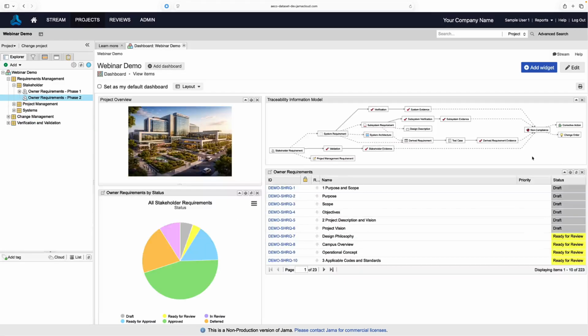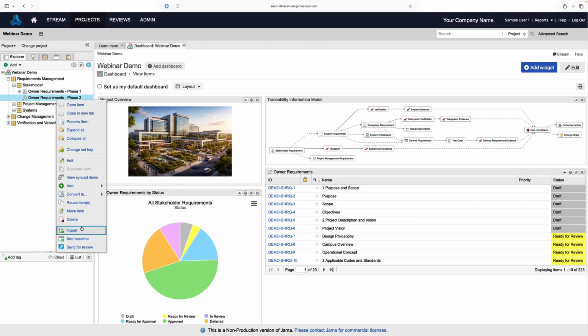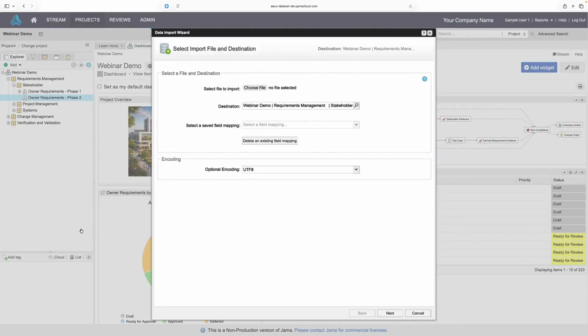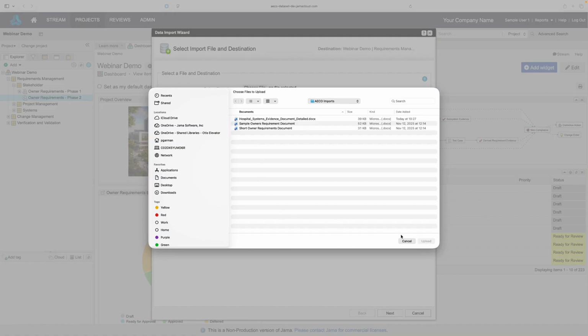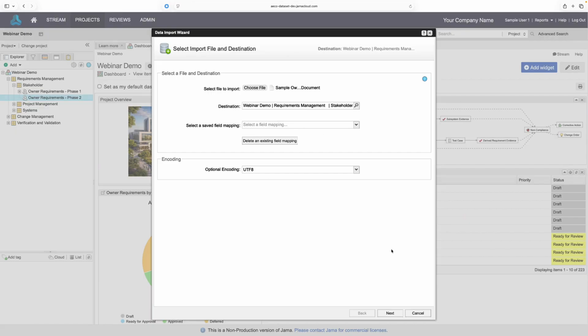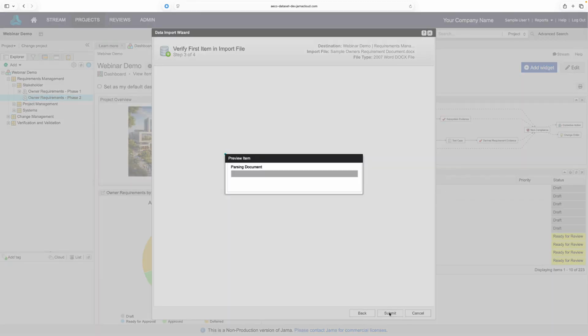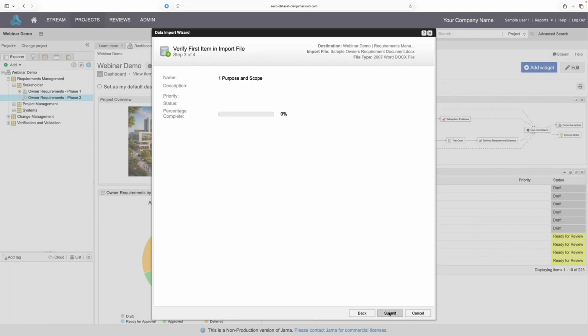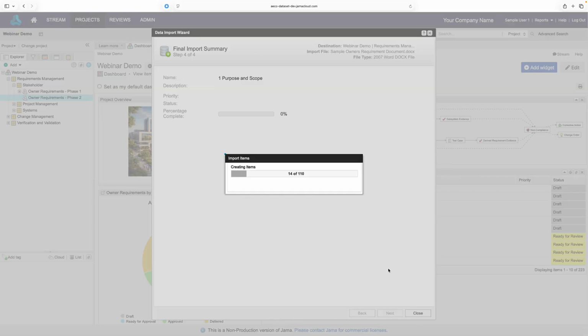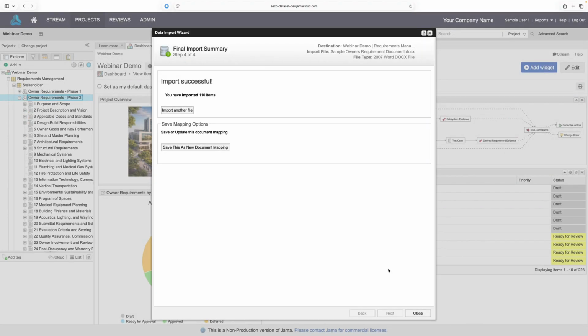So let's zoom out now. Let's take a look at importing an owner's requirement document directly from Word. Jama Connect uses the heading styles in a Word document to parse structure. So sections and subsections become a hierarchy, and we can manage this content as real traceable items instead of static text. So I just tell Jama which file to import, give a little bit of guidance on how to interpret that document. Jama gives us a quick preview, and when I submit, Jama Connect actually breaks down this document into atomic requirements